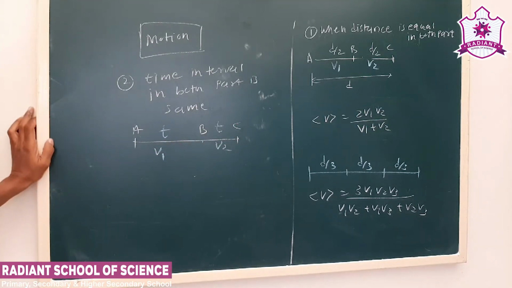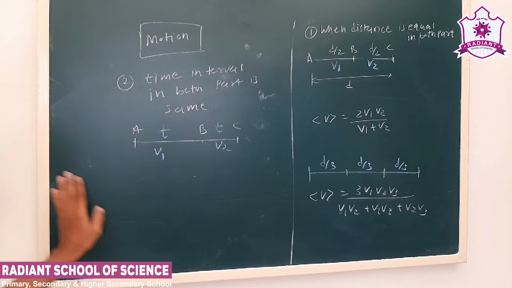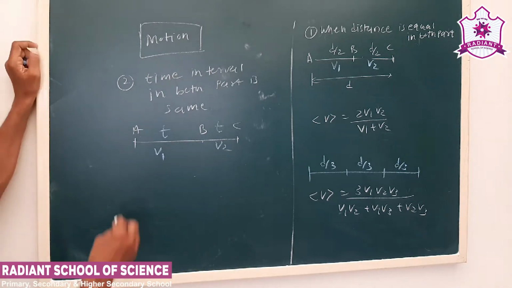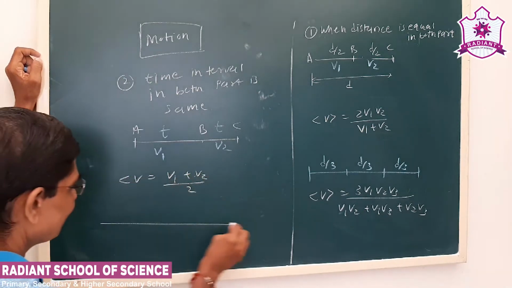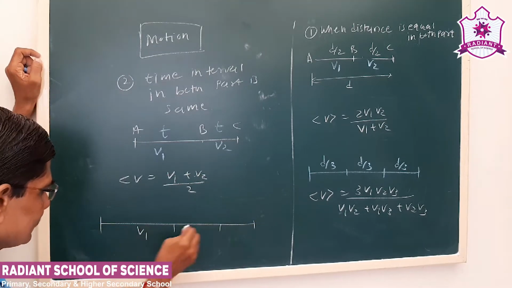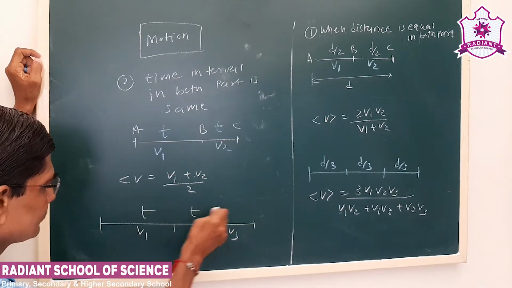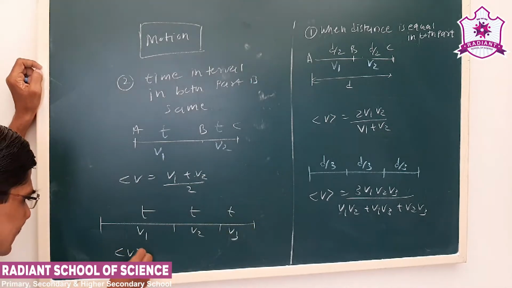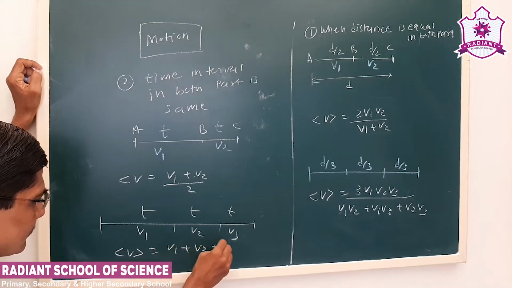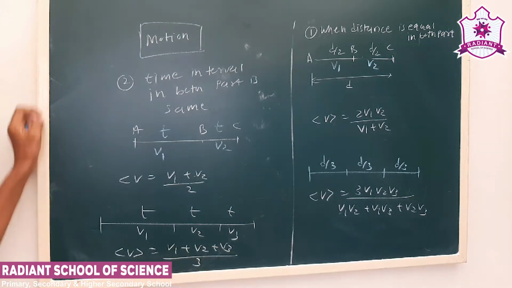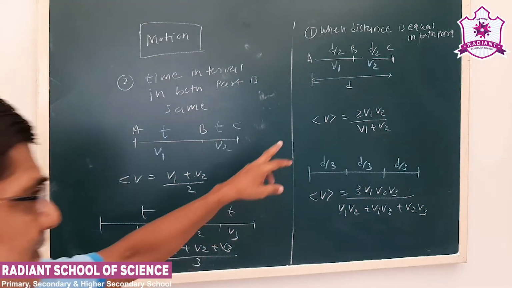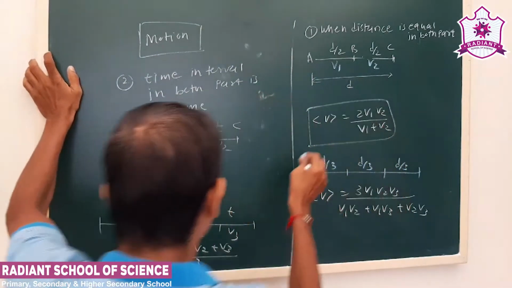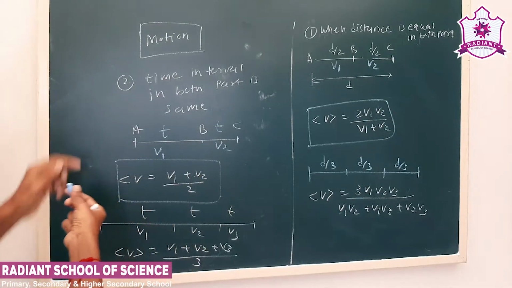But what we see, the speed is different, so naturally the distance will not be equal, but in that case we derive the relation: the average speed is (v1 plus v2) by 2. Now same way, if it is three parts, then it can be extended. See, this can lead to a generalized formula, but right now this formula and this one are of our interest.